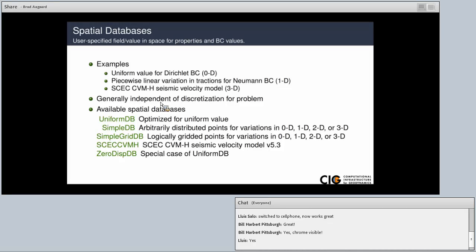2D variations: if you have a 2D variation of slip, you can specify that as a cross-section or even as a map view of the slip. But as long as you remember that things are going to be distorted when you map onto a dipping fault plane. A simple grid database is when the points are in a logical grid,